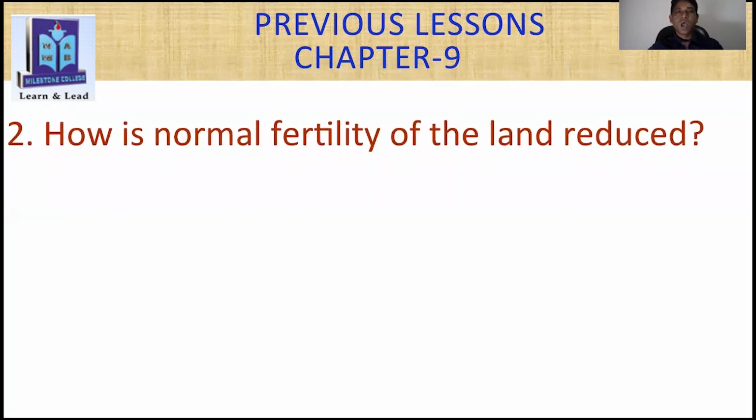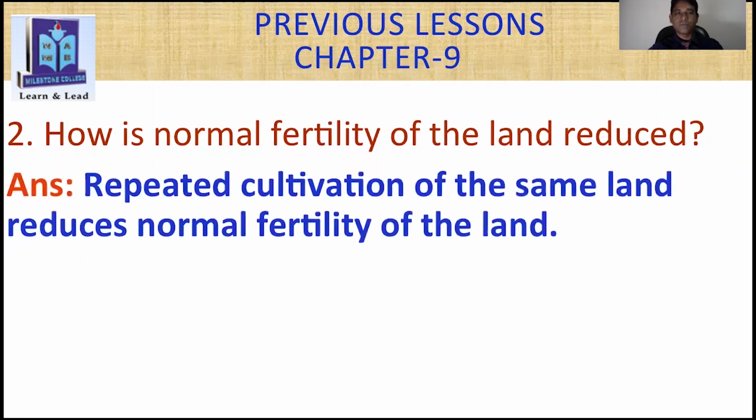2. How is the normal fertility of the land reduced? Yes, I think you know the answer. Very good. Here you can see the answer. Repeated cultivation of the same land reduces the normal fertility of the land, isn't it? Very good. Now, students,